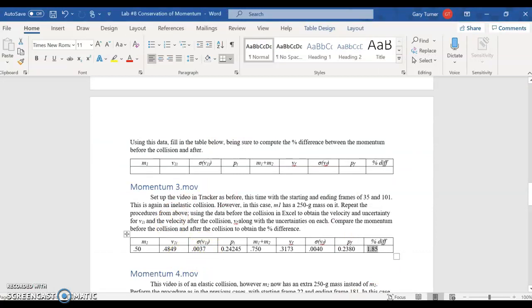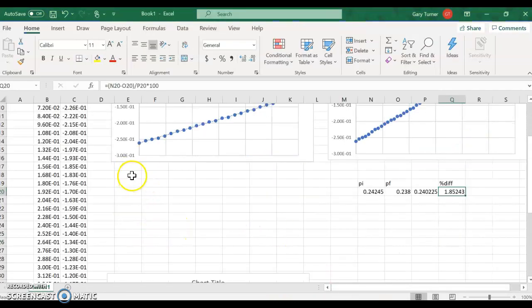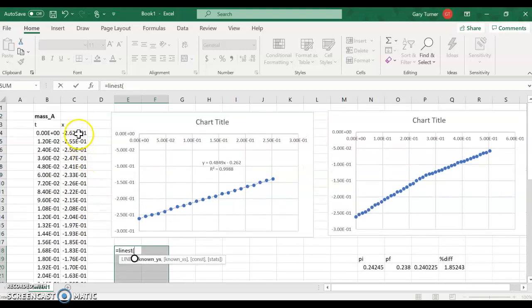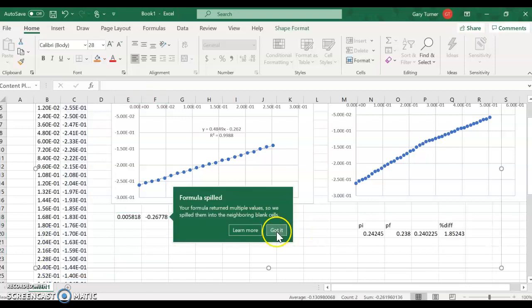Now, a lot of you are confused with the uncertainties on the slopes of the velocities. So let me show you how we get those pretty quickly using the LINEST function. Highlight 2 columns and about 5 rows, and then type in equals LINEST open parentheses, and now you'll see that it wants the known y values first. So I'm going to come up here and highlight the known y values down to that data point right there, and then it wants the x values, and I'm going to highlight